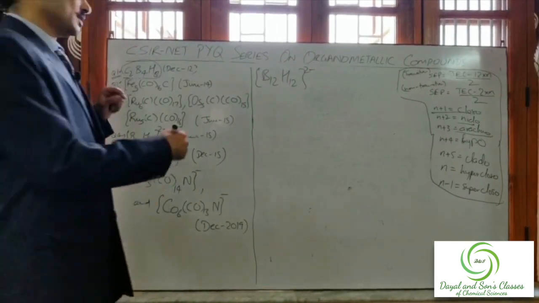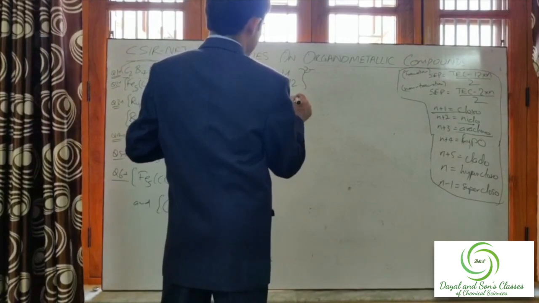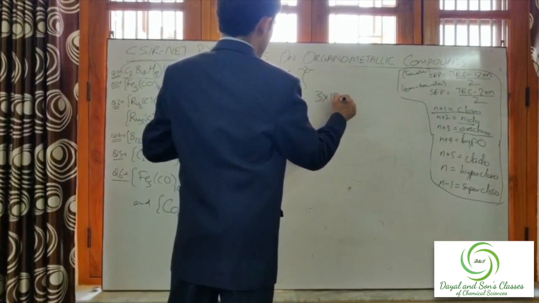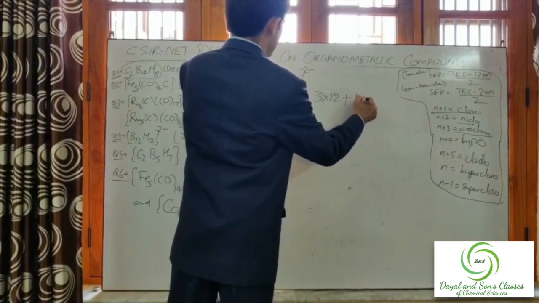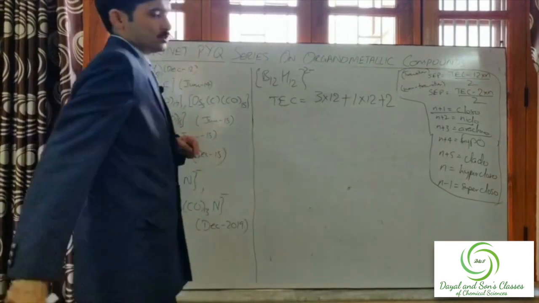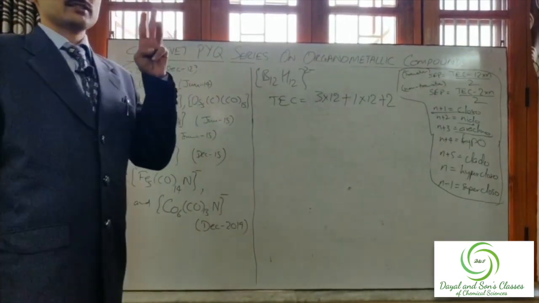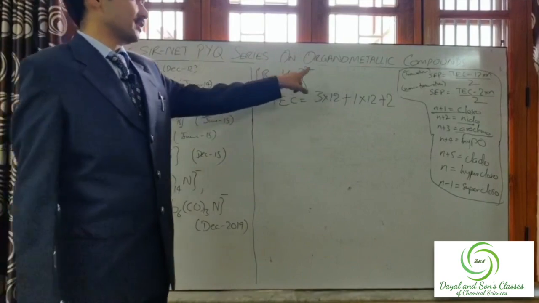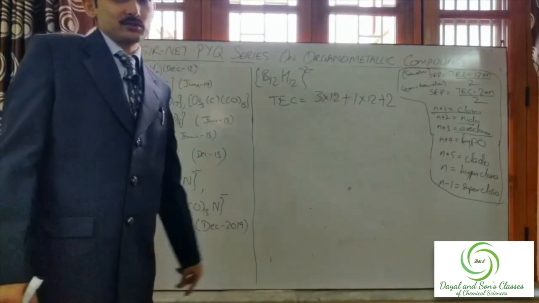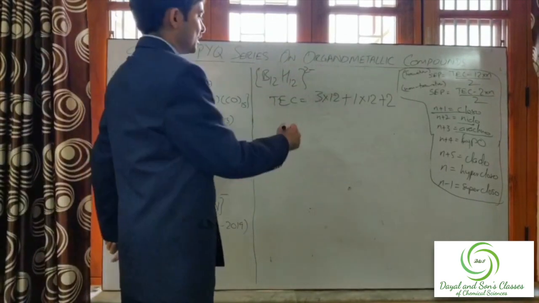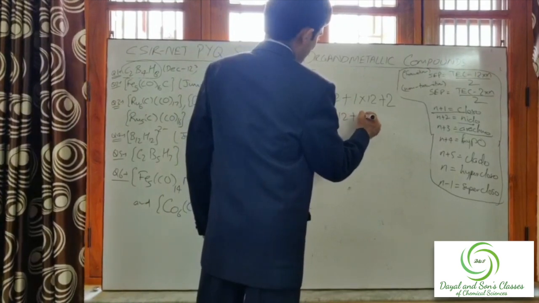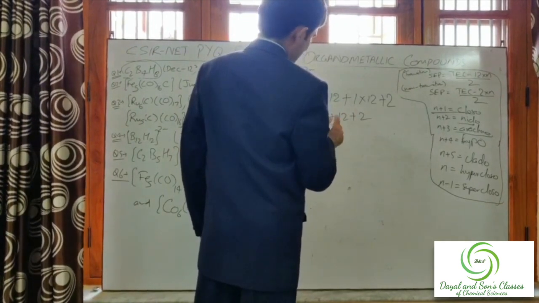Now here TEC is, 1 boron contributes 3 into 12 plus 1 into 12, and there is minus 2, that means plus 2. Now what we said in the previous formula is that if we have a negative charge then we add that charge, and if we have a positive charge then we subtract it from the total valence electrons. So it is 36 plus 12 plus 2, which comes out to be